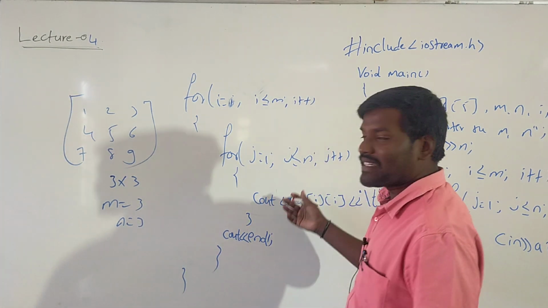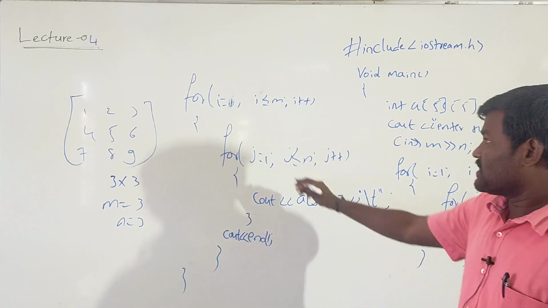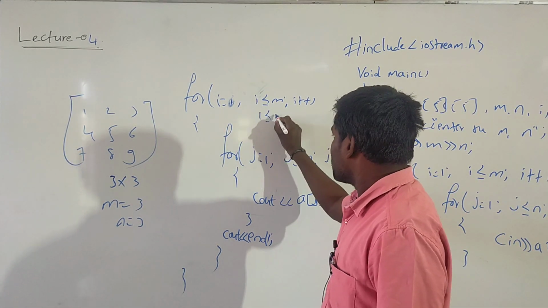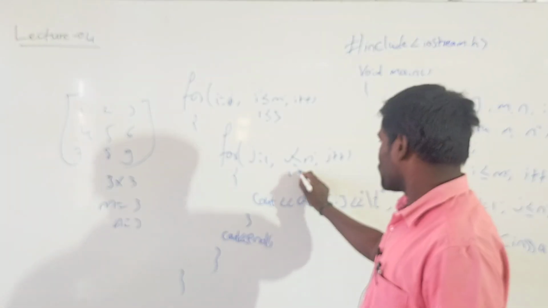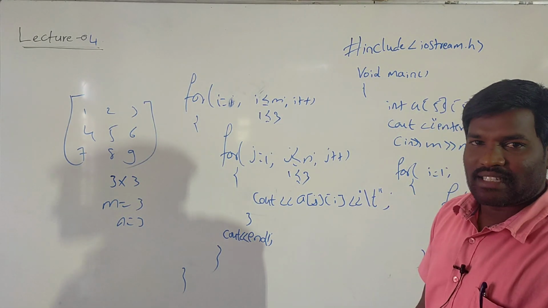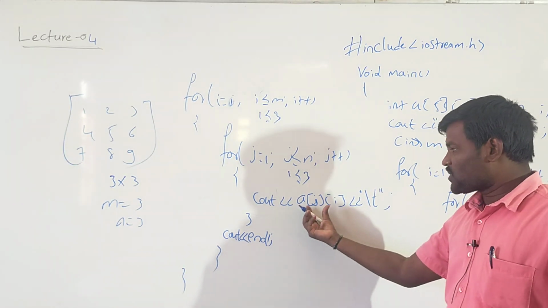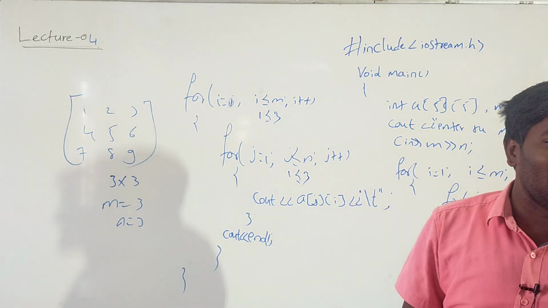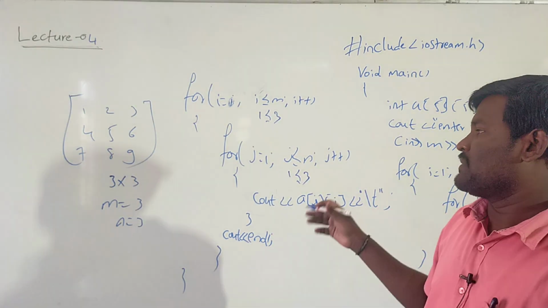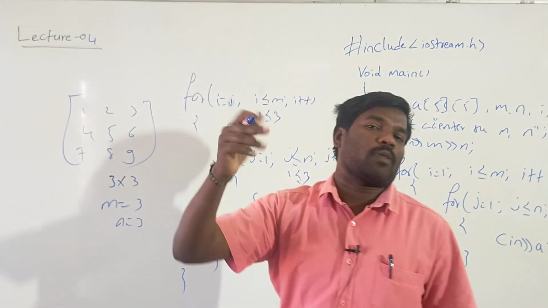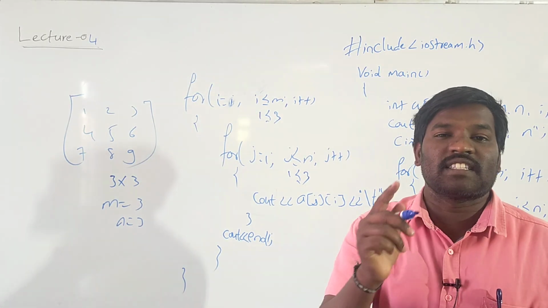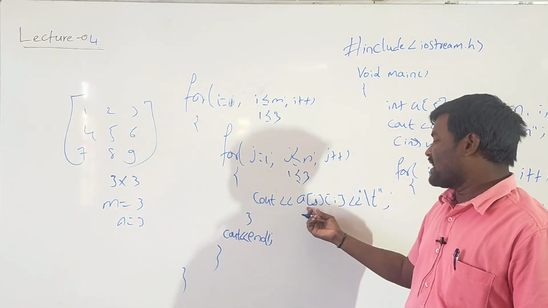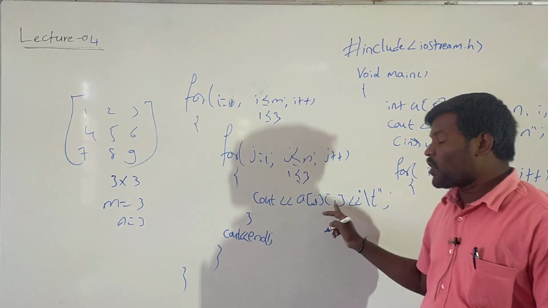Okay, so now we have to trace the program. i is equal to 1, is 1 less than or equal to 3, condition is true. Next j is equal to 1, less than or equal to 3, condition is true. See here, observe this term. Actually we have to print A of ij. If I print A of ij, again the same matrix will be displayed on the monitor, but we want the output as a transpose. That's why I have to interchange. Instead of printing A of ij, I have to print A of ji.